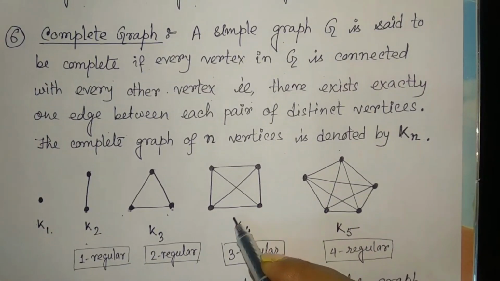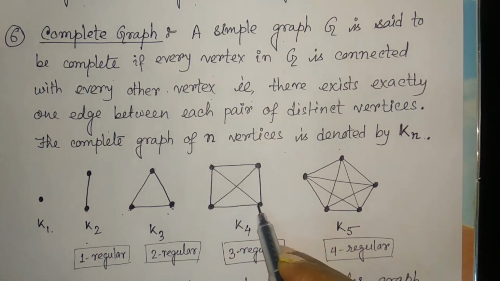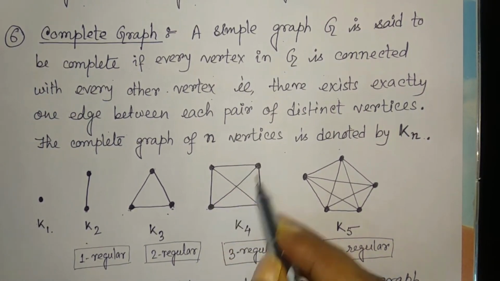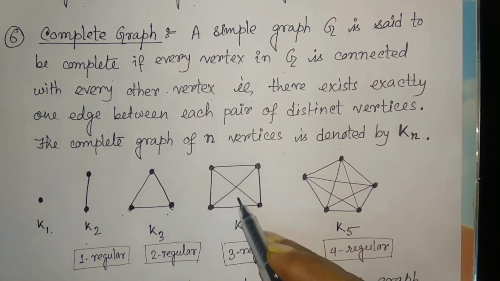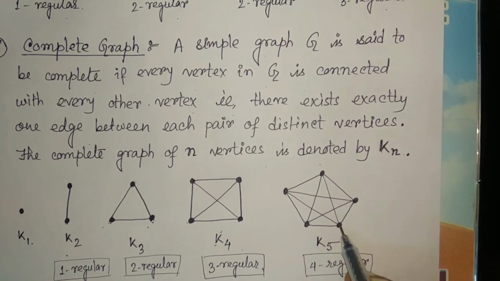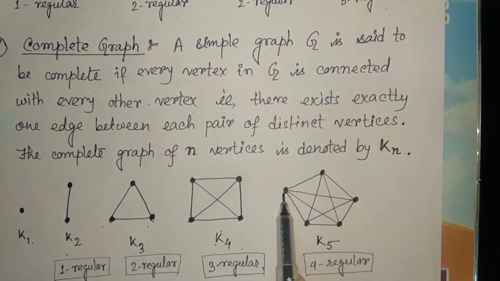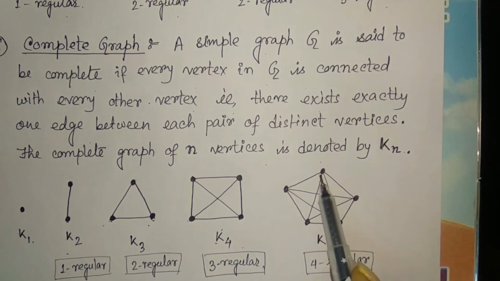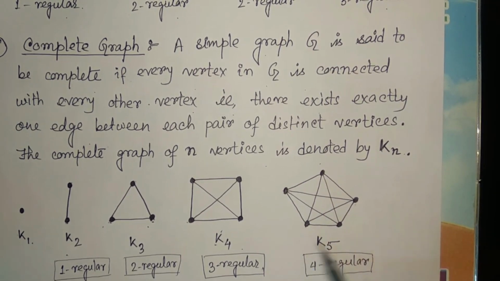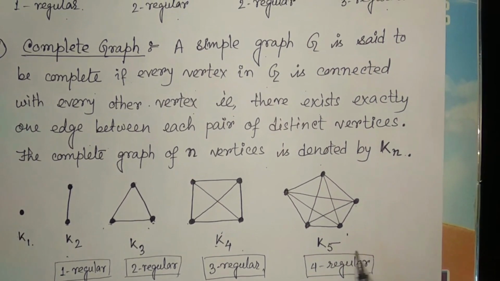If we have 4 vertices, then we draw the vertices in this way. From one vertex all the 3 other vertices should be joined. From this vertex again all the 3 vertices should be joined by an edge, and similarly for the others. So this is a complete graph and it is denoted by K4. Now if we have 5 vertices, then if we choose any one vertex, the remaining 4 vertices should be joined by 4 edges. Again, we should add edges accordingly with all the remaining 4. In this way this vertex is completed, and this is called the complete graph, denoted by K5.